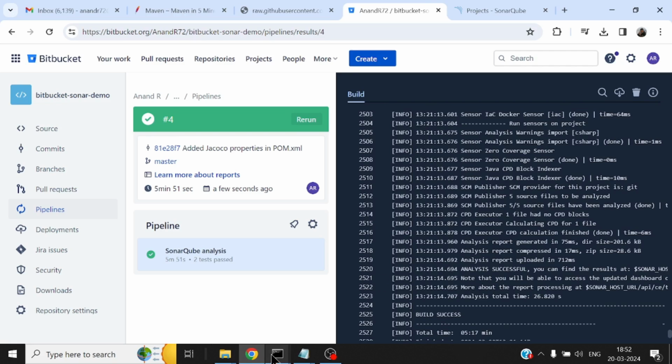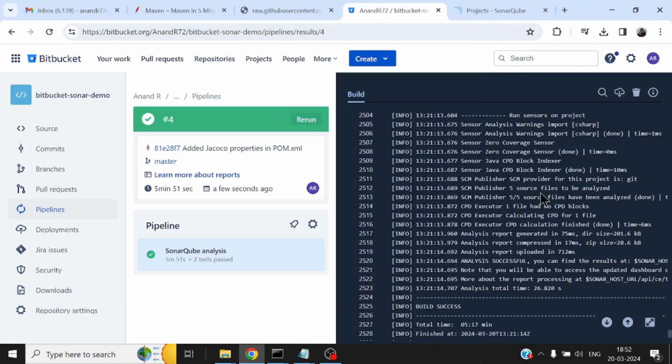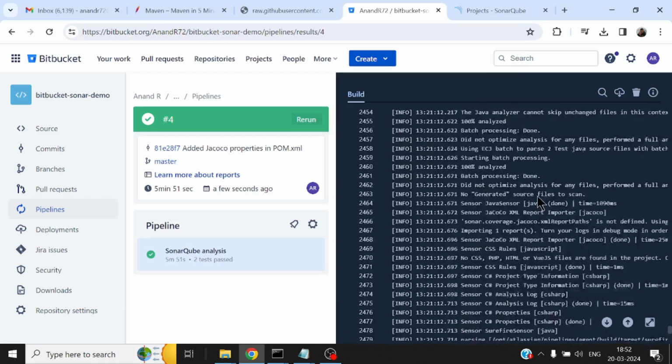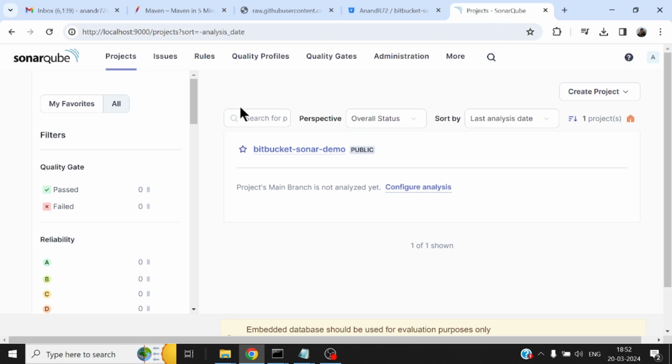So finally, if you notice, it asks for a lot of stuff, heavy on network, and the whole communication happened through one of my tunnels that I had opened up from the BitBucket cloud onto my local box, which was very slow. So it took some time. Finally, everything looks good. It's able to download everything, and the run is marked as a success. And more importantly, if I come back to my project here and refresh this,